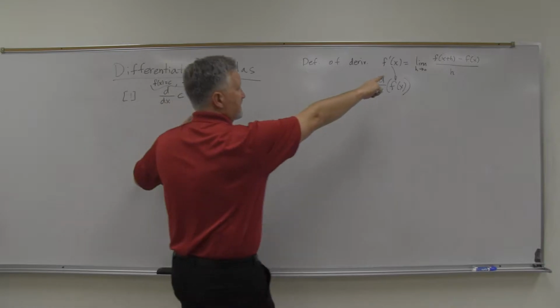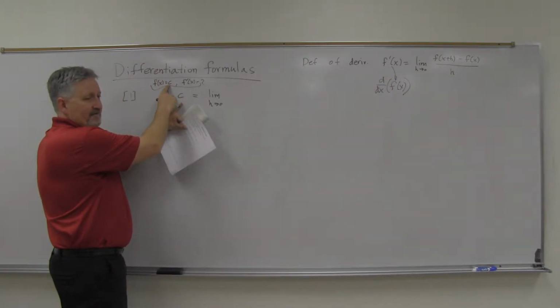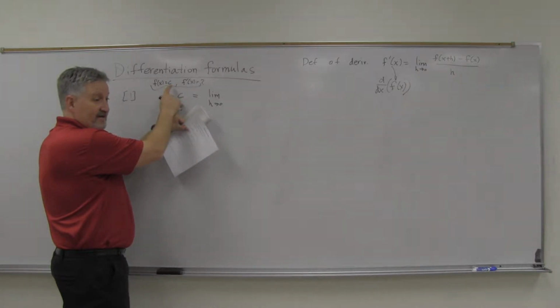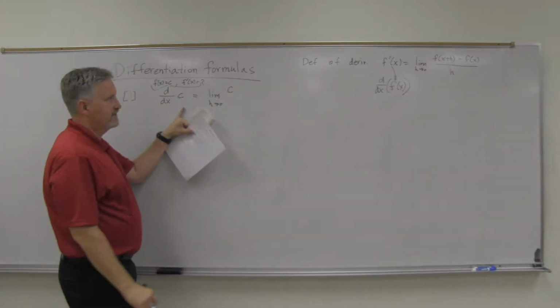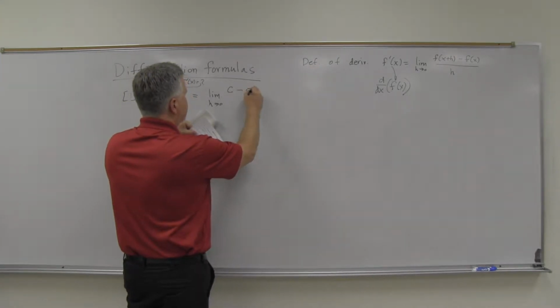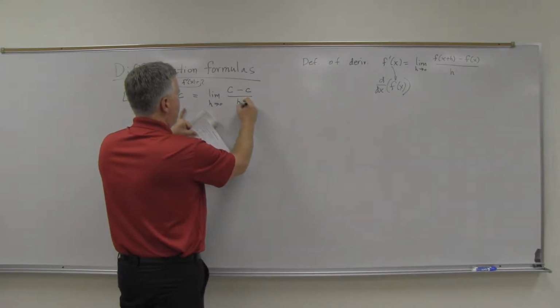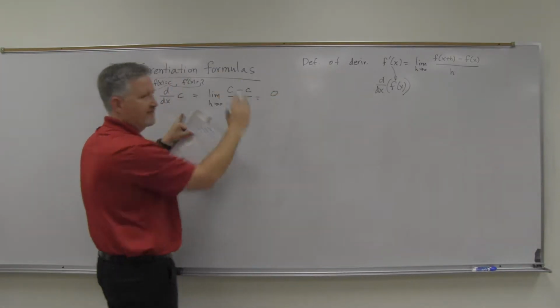Now, f of x plus h, well, my f of x is C, so I plug in x plus h for x. There's no x, it's just a constant, it's just a number. And so f of x plus h is C. f of x is C, divide that by h,